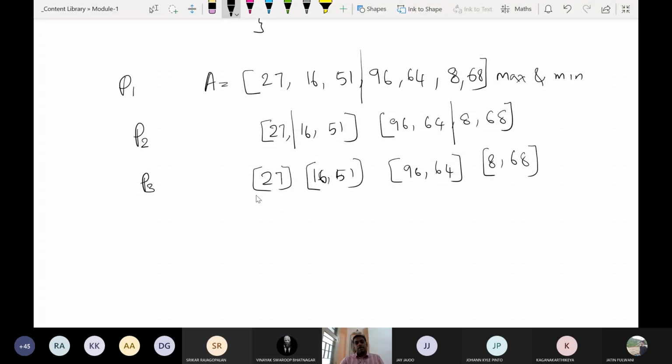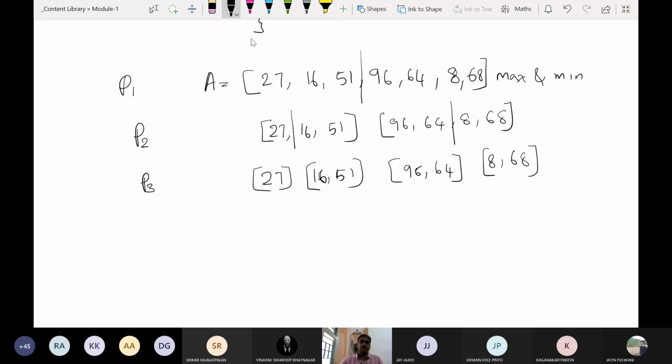No, sir. No, because maximum and minimum can be found out by just comparing two elements. We can have either two elements or one element. One element means it is the maximum, it is the minimum. There is no point in even comparing. You don't need to have a comparison even. But here, if you have two elements, you can just find out the maximum and minimum by just comparing these two elements. So this is very easy now.